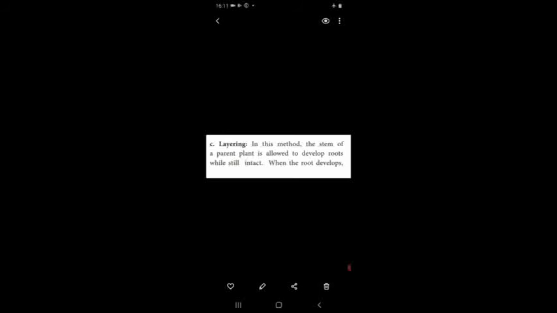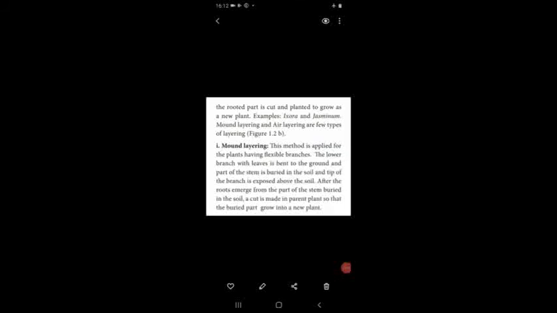That is the grafting. But layering, here also we are taking two plants, but we are taking the stem of the plant, allowed to develop root, and also allow the root to contact with the soil. Once the root is developed, the root is cut from the parent plant and placed in another pot for further growth and development. That conventional method is called layering. Example, Ixora, also called Idli poo, you might have heard. Another one, Jasminum, that is மல்லிகைப்பூ.